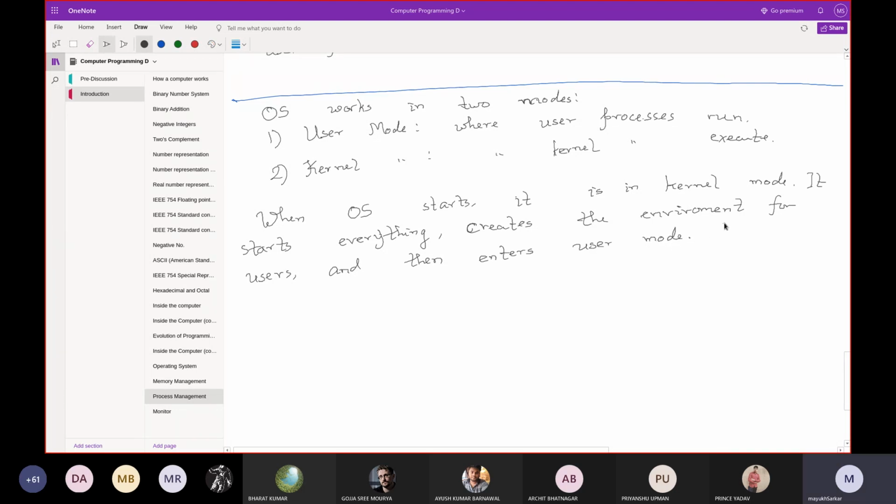In user mode, it waits for user operations.